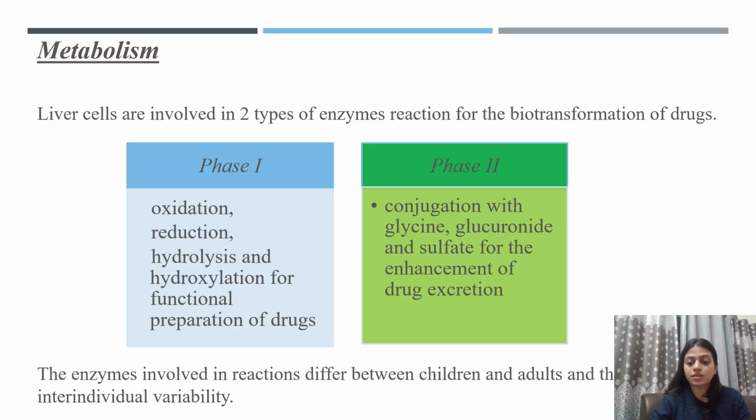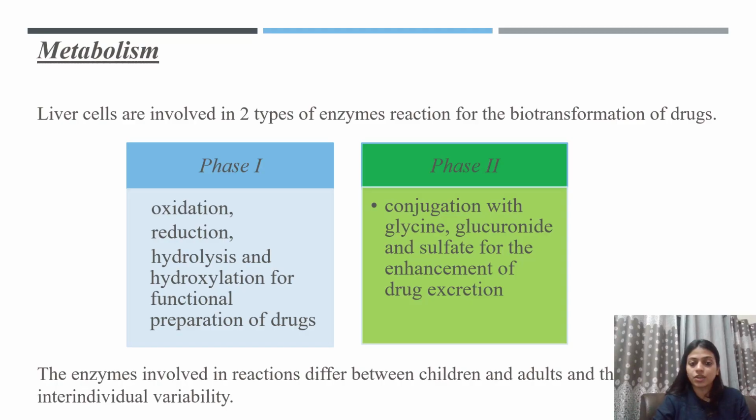Metabolism also is different. It varies in different ages, and there is also some inter-individual variability. Most of the metabolism takes place in the liver, and liver cells carry out enzymatic reactions which are broadly classified into two types: phase 1 and phase 2. Phase 1 includes oxidation, reduction, hydrolysis, hydroxylation, etc., and phase 2 is conjugation with glycine, glucuronide and sulfate for enhancement of